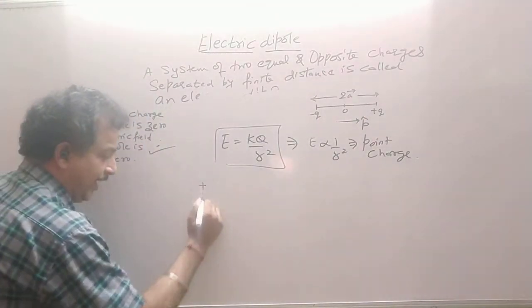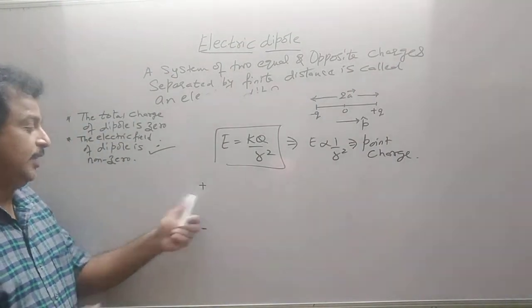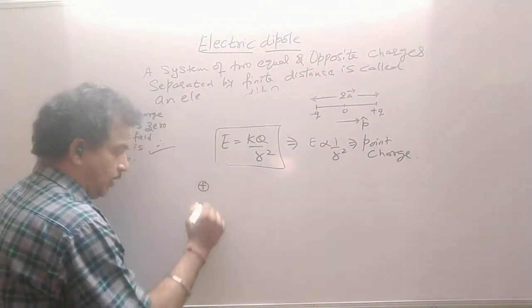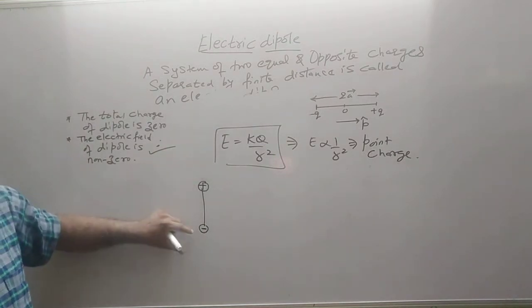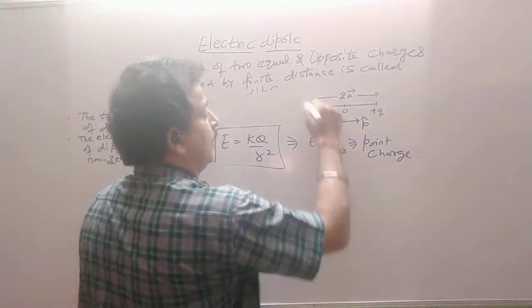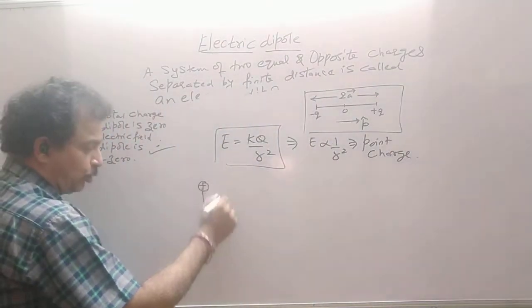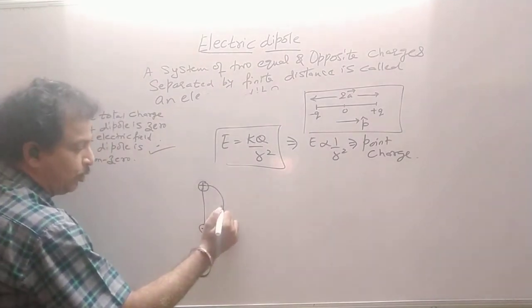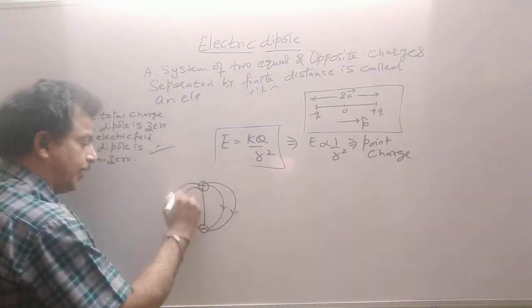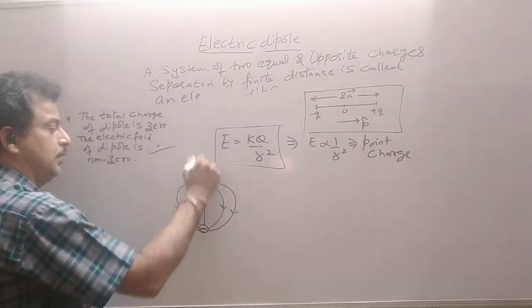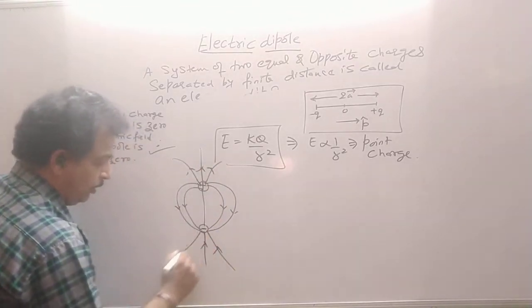So if you remember the field lines, we have drawn the field lines for an electric dipole. Electric dipole means one is plus charge and one is minus charge. Now it is a system. You cannot separate this. It is not like one positive charge is placed and one negative charge is placed. Remember, it is one entire system. So if you remember the field lines, I have drawn the curved field lines which originate from the positive charge and terminate at the negative charge. So these were the electric field lines for an electric dipole, which is non-zero.